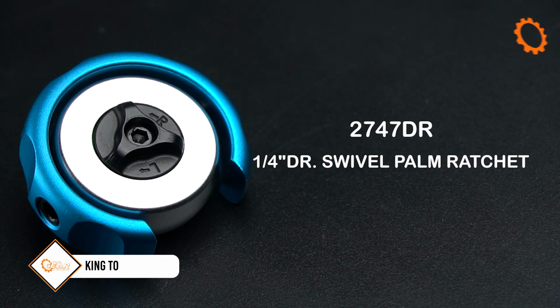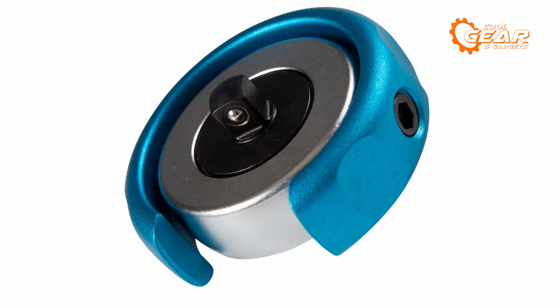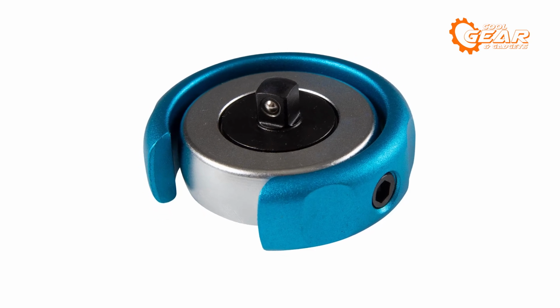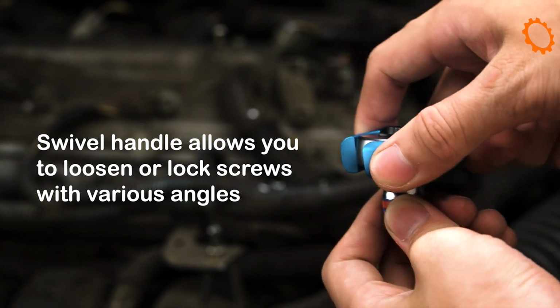Although it seems more like a toy, this King Tony 2747DR is the ultimate tool for all your screwdriving needs. This versatile ratchet screwdriver is designed to make your life easier in so many ways. It has a swivel handle that lets you loosen or lock screws at any angle, no matter how tricky the